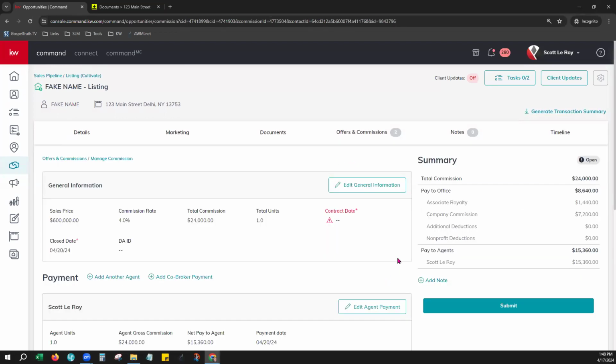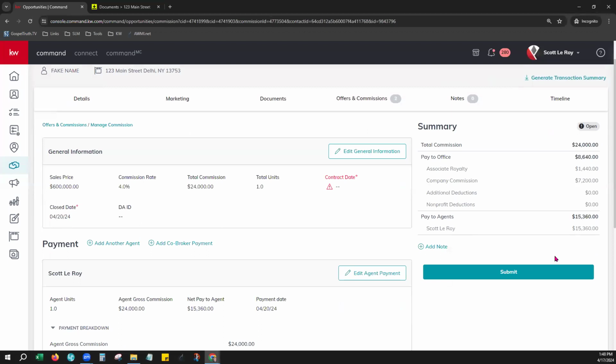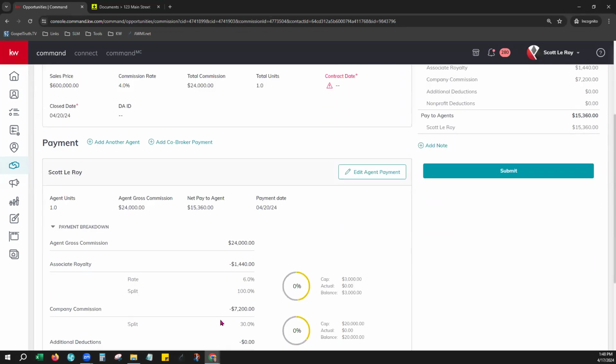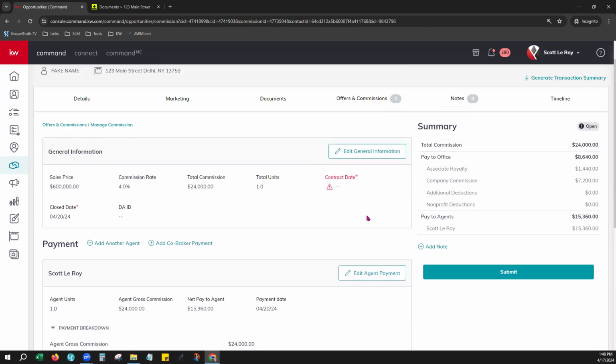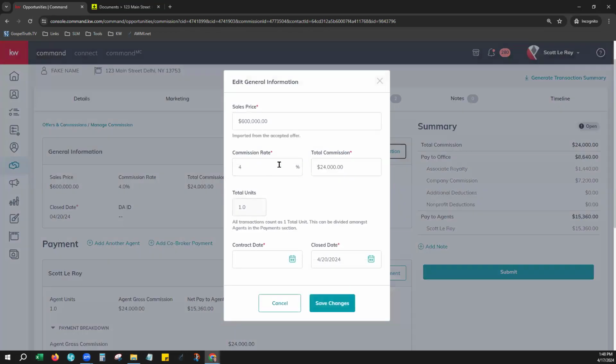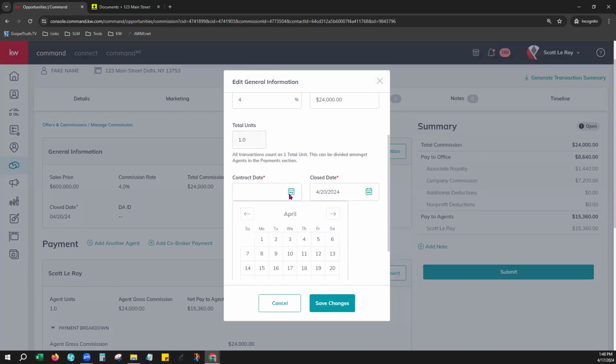Perfect. So what you're seeing here is a commissions request. Over on the right, we have our summary that breaks down the numbers. On the left, you'll see general information about this deal, and also your personal payment information down here on the bottom. Notice that you will see some red highlighted with a little caution box if there's something that has to be filled in before you can actually submit the offer. You can do that by editing general information. I purposely left that out earlier because I want to come back here and show you how to fill that in. So for a contract date,